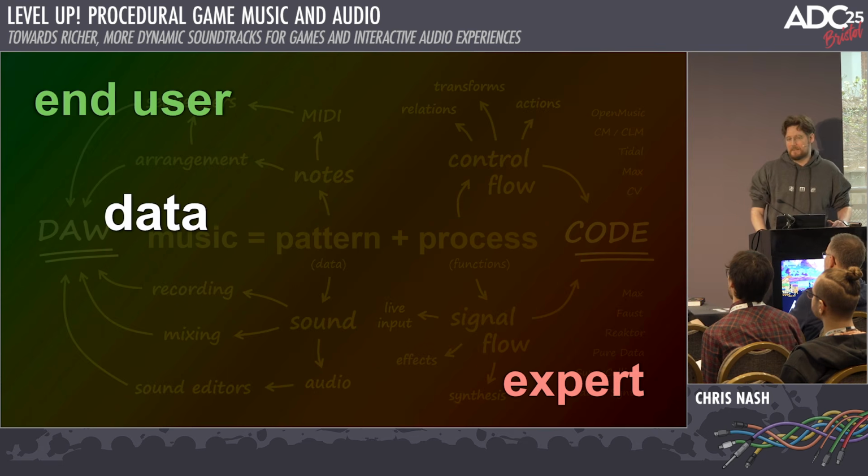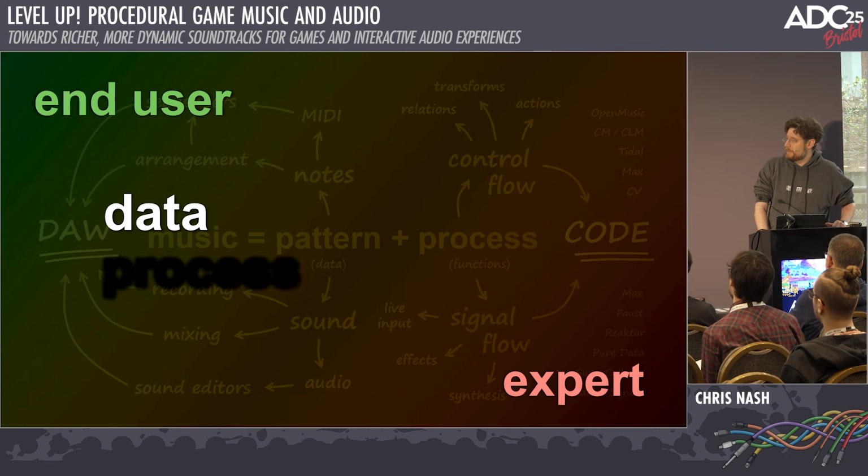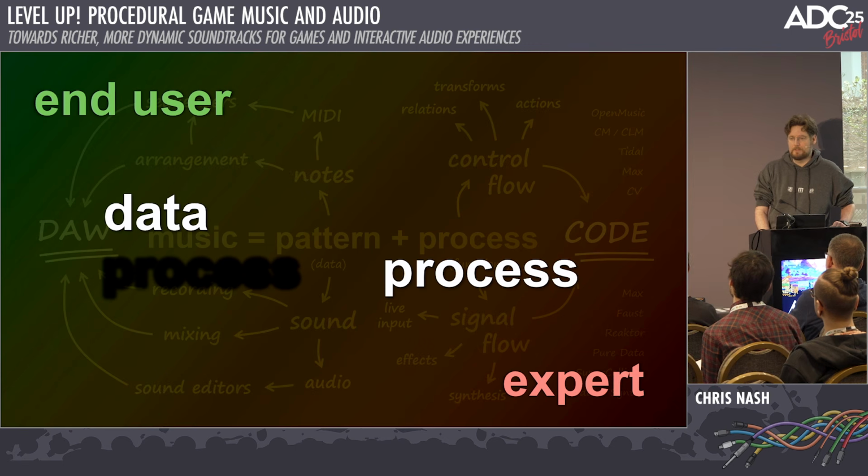Okay, one of the big things is, if you think about what an end user program is, you're interacting with and looking at the data. You can see the data. The process is the code beneath the program, and you can't really see it. Whereas if you're coding, you write the process, and the code represents the process. But you can't see the data because that's in memory. And we don't visualize memory.